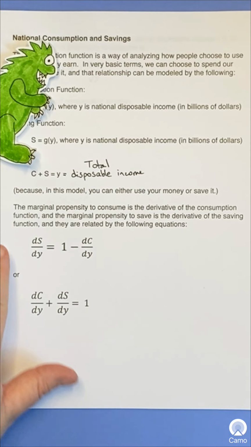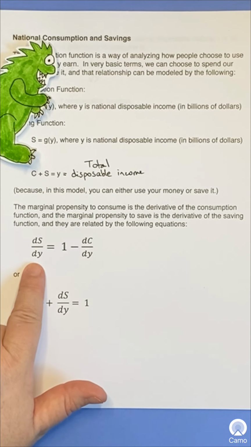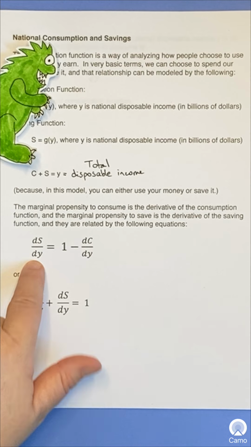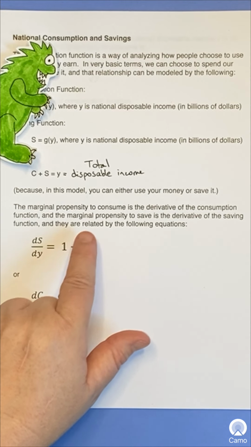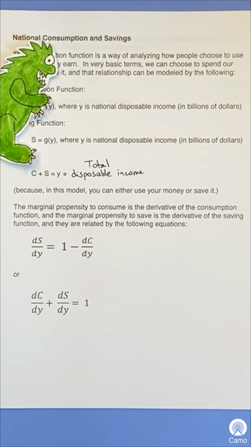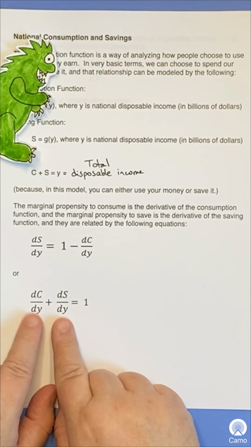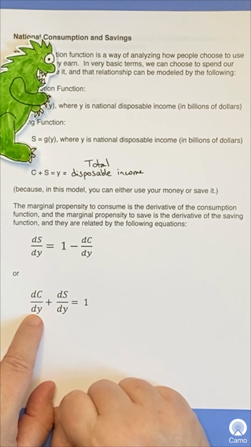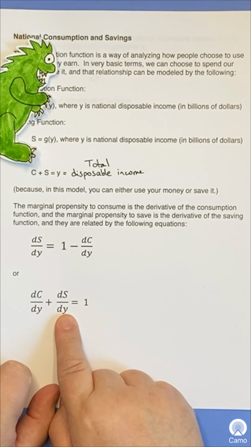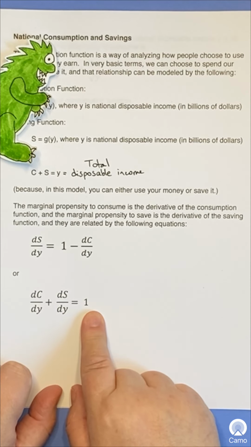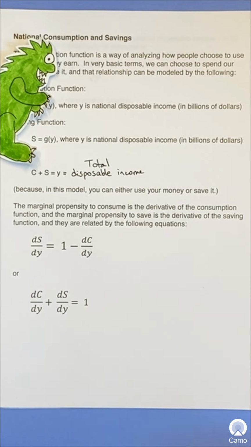Now, a lot of times the marginal propensity to save is given as 1 minus the marginal propensity to consume. But you can also look at it as the two derivatives. So the slope of the consumption plus the slope of the savings equals 1. So what does that mean? Well,